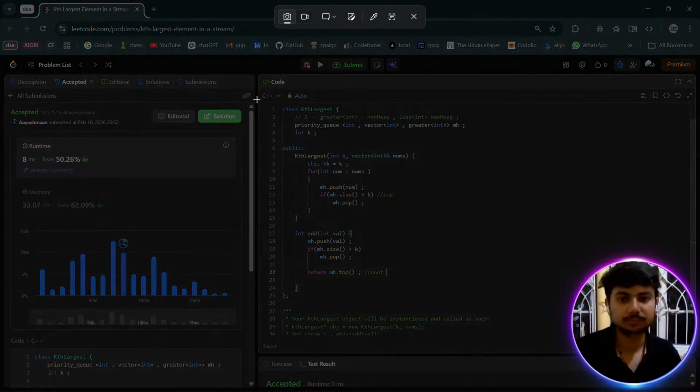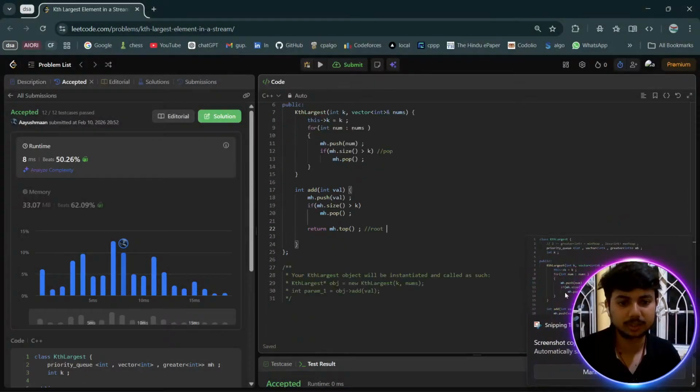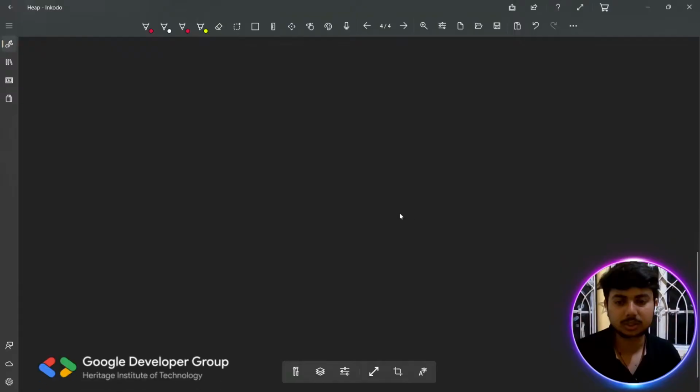कॉपी एंड पेस्ट इट, इधर क्या लिखा था पढ़े ही नहीं हम लोग तो, योर kth largest object will be instantiated and called as such, you will create an object in that, ठीक है। इसको पेस्ट करा,